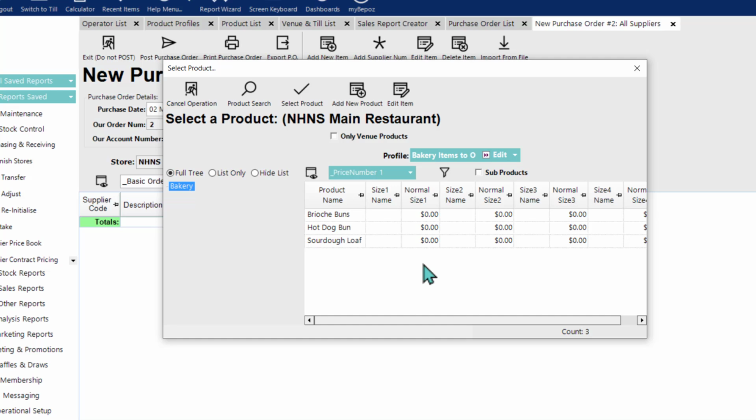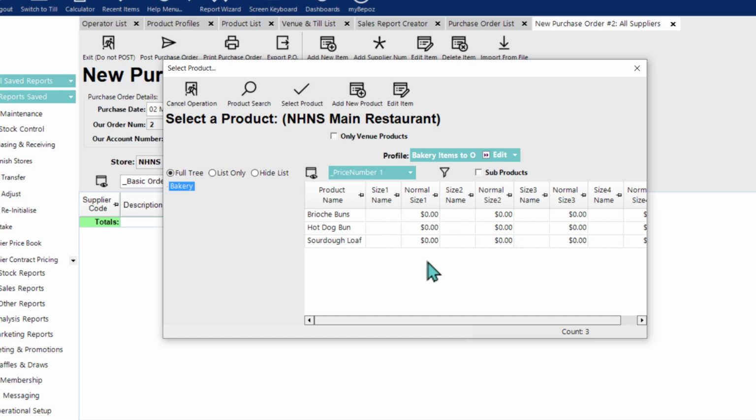In this case, products from the database that have the product type of food ingredient, that have the no reorder flag turned off, and that do belong to the bakery product group. Now that's going to make the purchase order process at least a bit more efficient, if not a lot more efficient, depending on the size of the database and of course what the profile has been configured to require as far as its